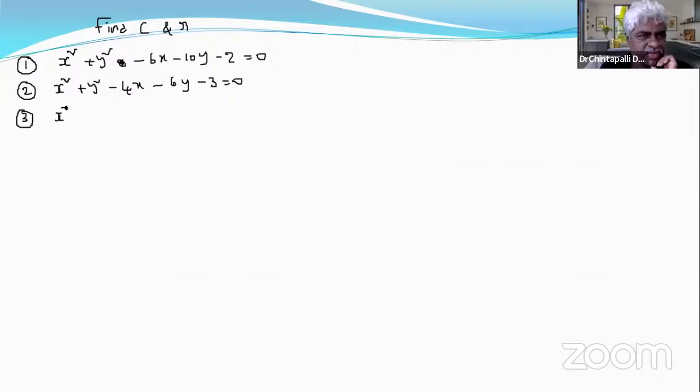X square plus y square plus 6x plus 8y plus 9 is equal to 0. X square plus y square